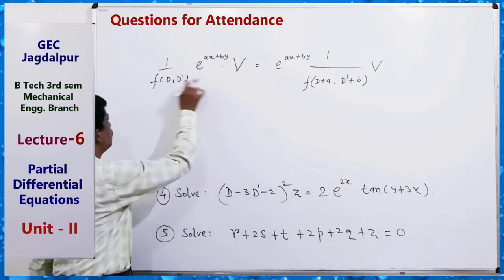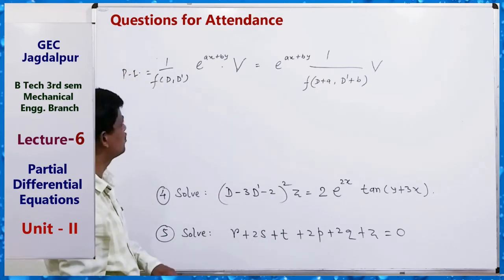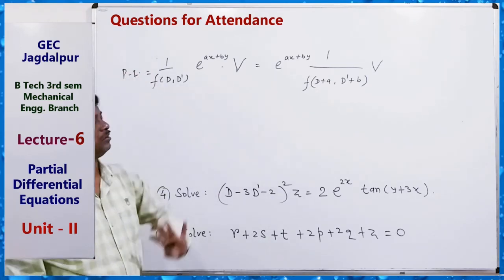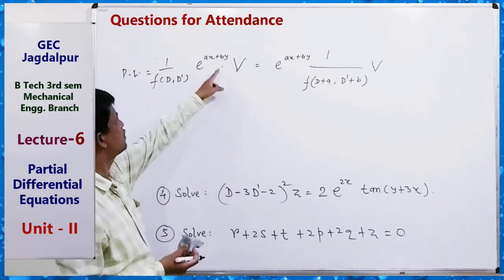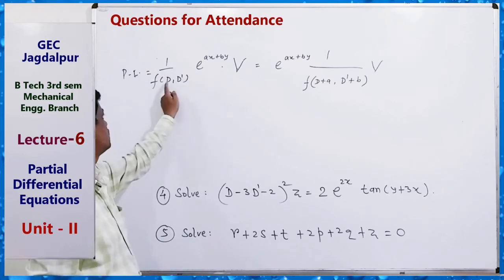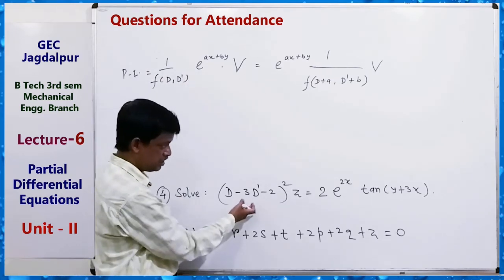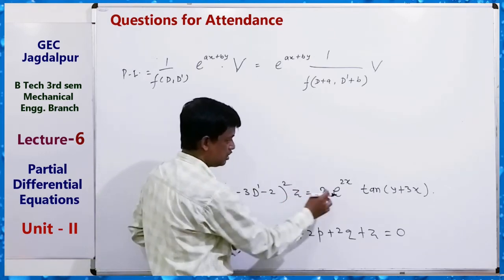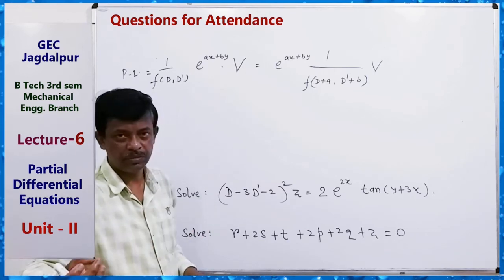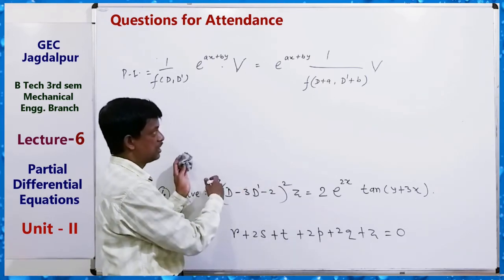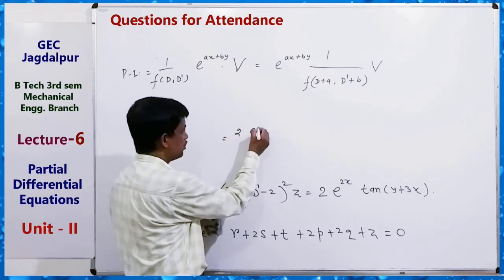Then this is a rule for finding PI for a homogeneous linear partial differential equation, and this type of formula you have seen everywhere. So e to the power ax plus by outside, and in place of d plus a, d dash plus b. So here you can use this formula, constant outside, e to the power 2x plus 0 y, a is 2, b is 0. So it can be taken outside. So this is the factor. So e to the power 2x outside.